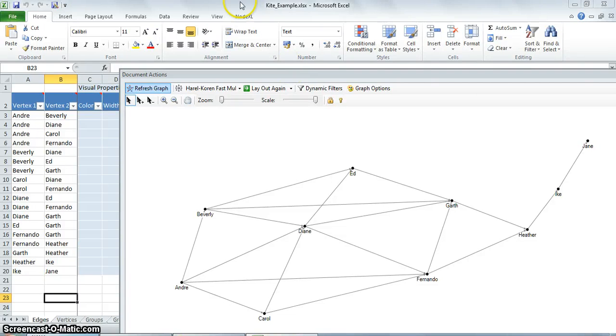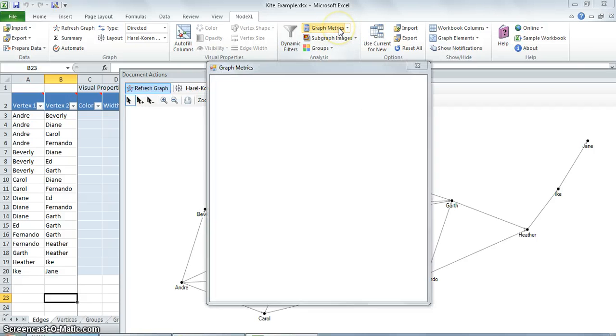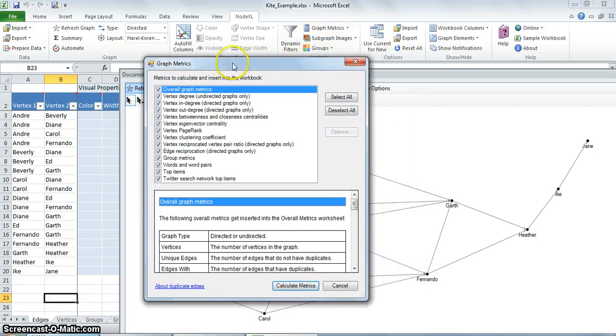Let's get started with computing the graph metrics. You click on the NodeXL tab and you have a graph metrics button over here. Once you click the button, we have a range of graph metrics. We'll take the overall graph metrics, the vertex degree, in degree, out degree, betweenness and closeness centralities, and the eigenvector centrality.